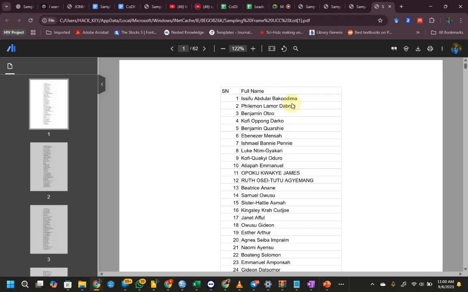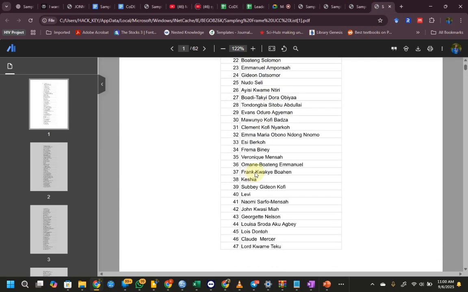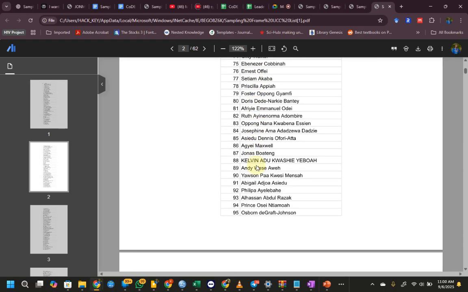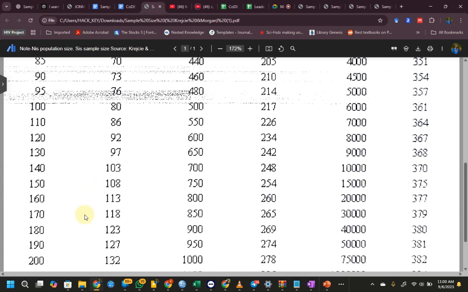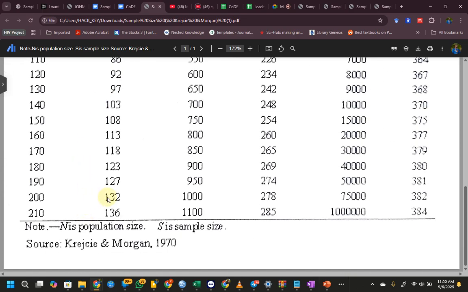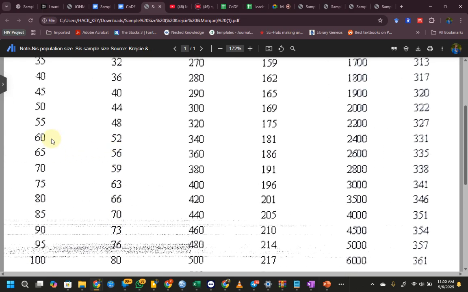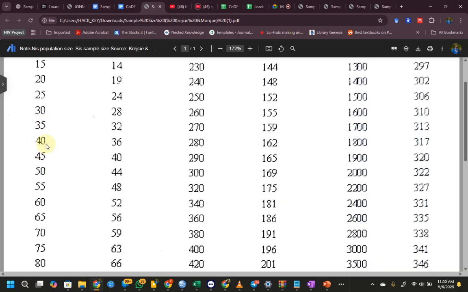Yeah, you get it. So that is if you have a very huge sample size like 341. If it is a small sample size, let's say your accessible population is around 200, and you are using Krejcie and Morgan, that is just around 132. Let's even break it down. You have an accessible population of, let's say, 40, and you are to pick 36 people. Instead of using the random